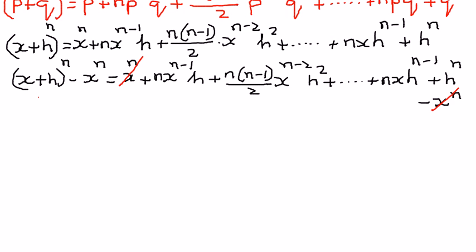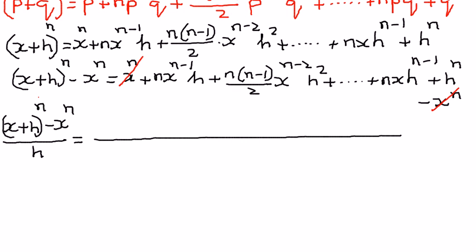So now, in our next step, what we want to write is this: (x plus h) raised to the power of n minus x to the power of n, whole divided by h, is equal to, I'm going to draw a line and then write here. If we look at these terms, n x to the power of n minus 1 h, in all of these h is common. So I'm going to pull out h common and then write the rest of the equation as follows: